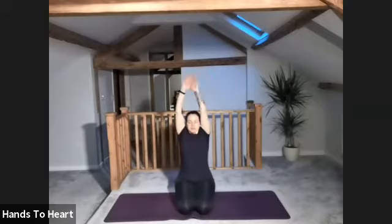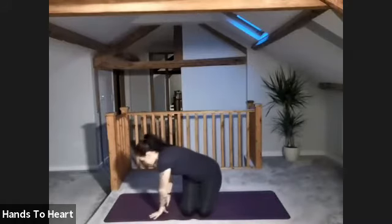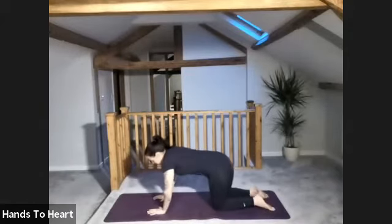Wherever you are, breathe in, take the arms up. Breathe out, float the hands down. You can start to open the eyes if you haven't already. Breathe in, reaching up. Breathing out, hands come down. And again, breathing in. Breathing out. One more, breathe in. Breathing out. From here, we're just going to come over onto all fours, hands underneath the shoulders, knees underneath the